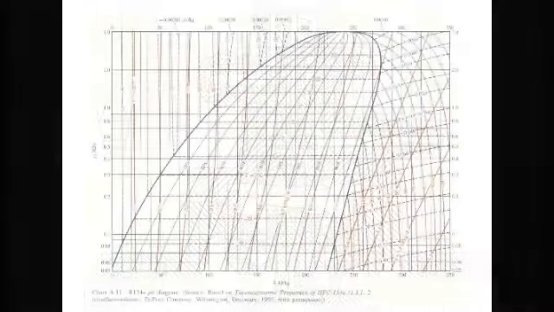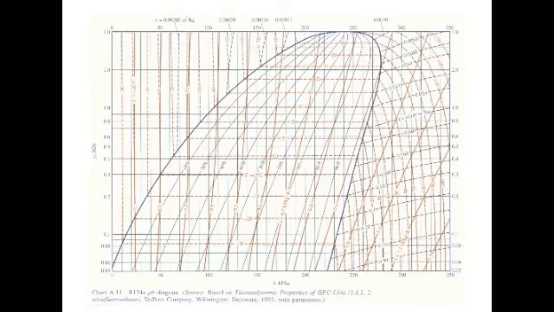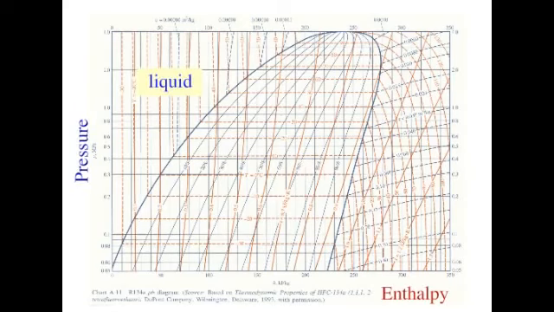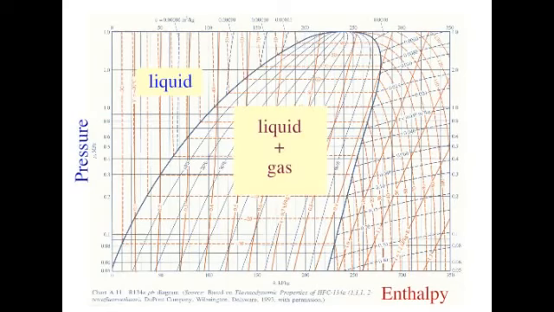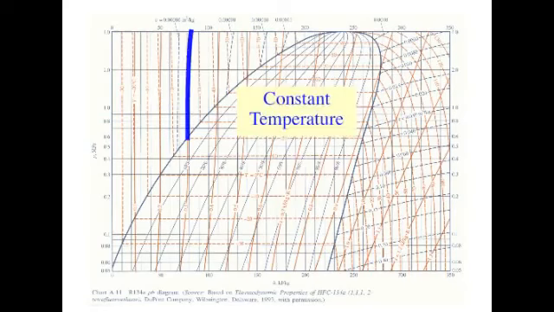Each refrigerant has a unique set of thermodynamic properties. This chart shows pressure on the y-axis and enthalpy, or heat content, on the x-axis. On the left side of the curve, the refrigerant exists purely as a liquid, in the middle as liquid and gas, and on the right side purely as gas. In the inner portion of the curve, where liquid and gas phases exist in equilibrium, the temperature is determined by the operating pressure only. Straight lines across in this region are at constant temperature.